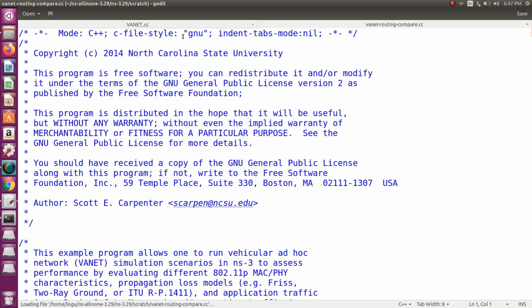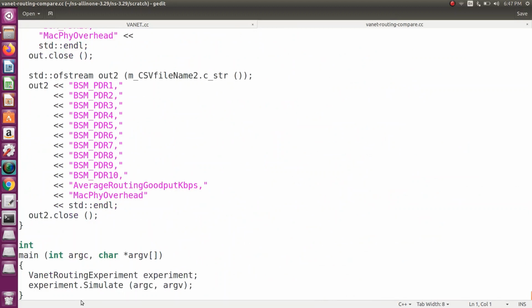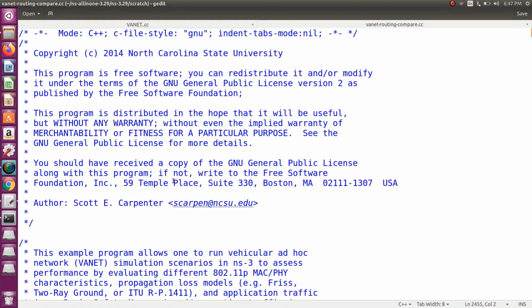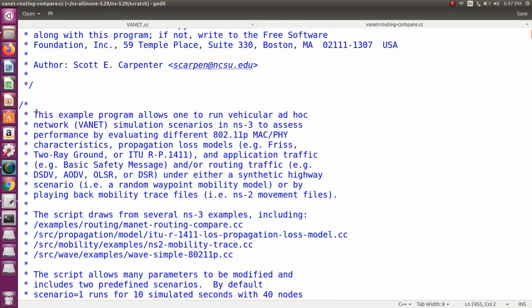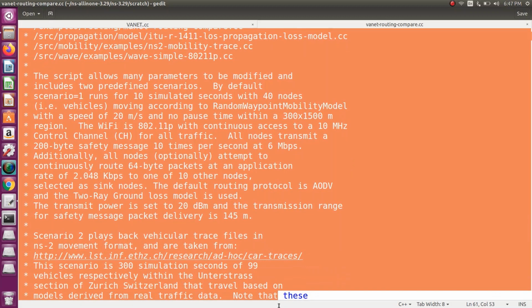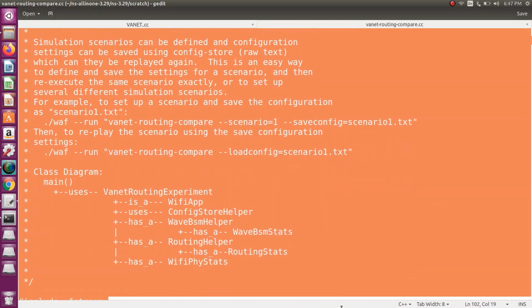So open that program. The total number of lines in this program is 2455. I am going to explain some basic things only. You can refer to these other things, and it will be very useful for research.